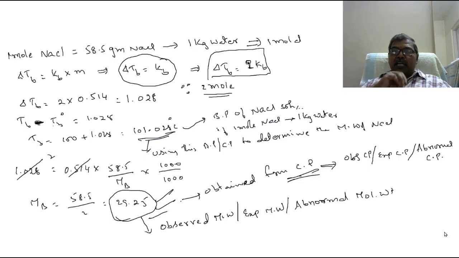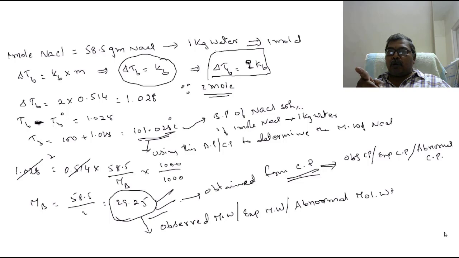See, actually NaCl is an electrolyte. NaCl dissociates in the solution. We added 1 mole of solute only, but how many particles of solute are present in the solution? 2 moles. It is due to dissociation. 1 mole NaCl gives 1 mole Na+ and 1 mole Cl-. You dissolved only 1 mole, but the particles in the solution are 2 moles.